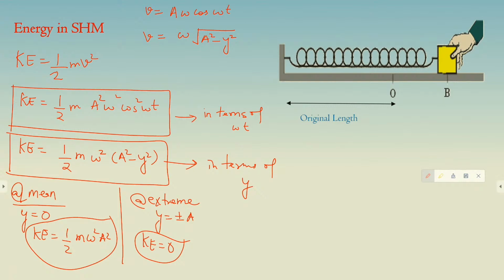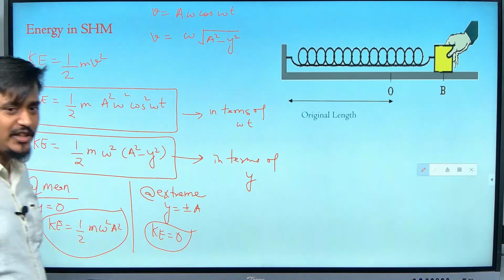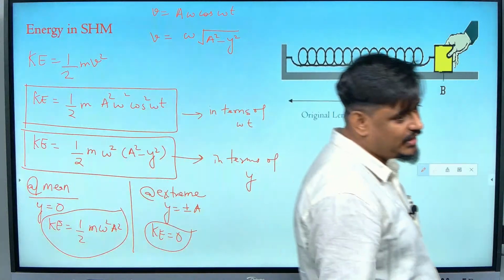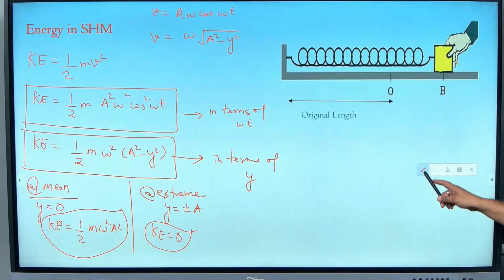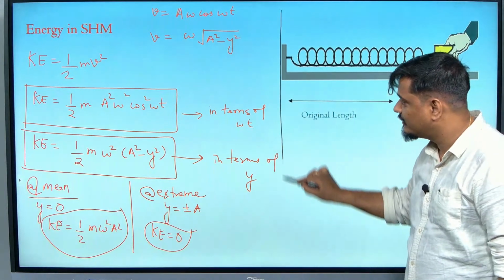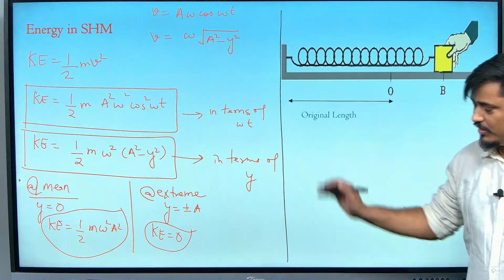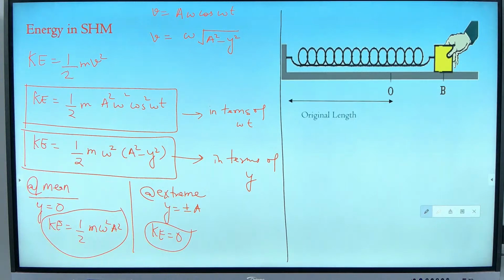Okay. Fine. So is it clear? Any doubt you can ask me. If there is no doubt, I will go for potential energy. Clear? Because potential energy is little complex, not much complex. Half kx square, that is elastic potential energy, Tanvi. So you should not use that. I should not find it in terms of spring constant. I should find it in terms of this only. We'll do it.